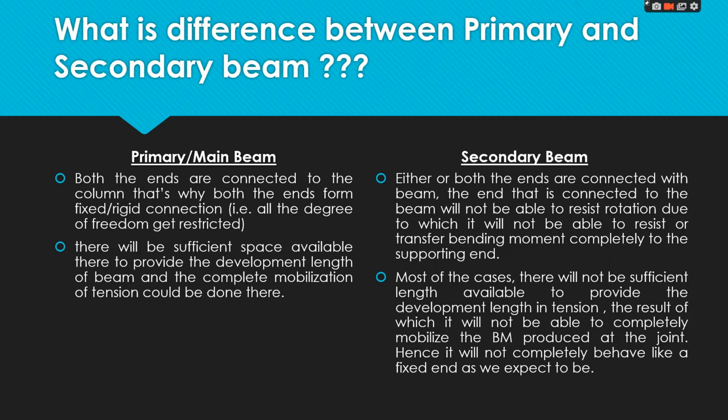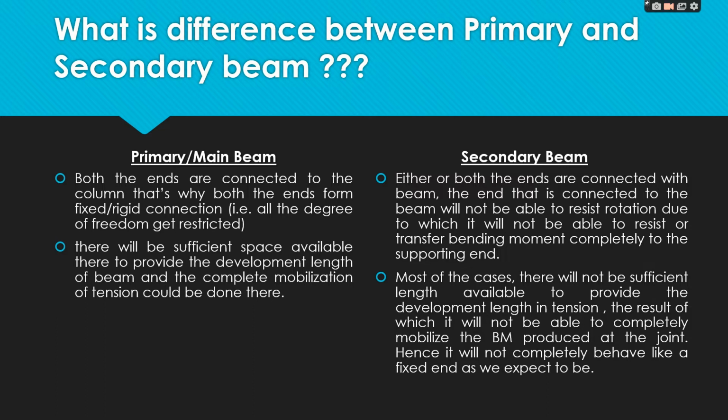In a primary beam, both the ends are connected to the column. That's why both the ends form a fixed or rigid connection, which means all the degrees of freedom get restricted there. There will be sufficient space available to provide the development length of the beam, and the complete mobilization of tension could be done there. While in case of a secondary beam, either or both the ends are connected with the beam,